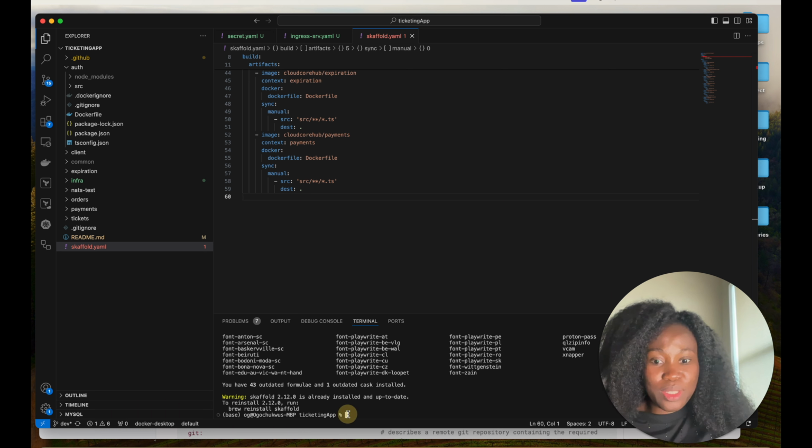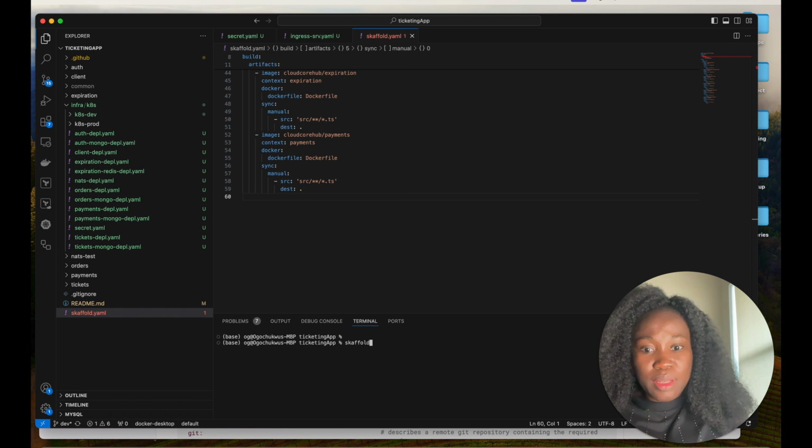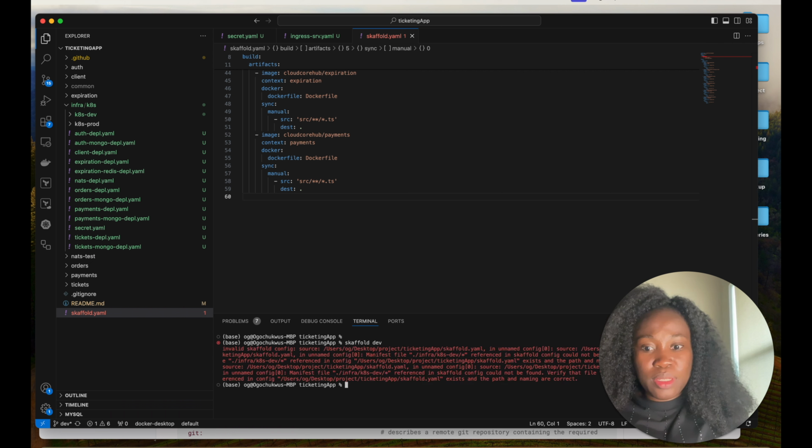So what next do we need to do? We are in the root folder of this code. Okay, we are ready to start up our Scaffold. We'll run scaffold dev. There is an error. Okay, I think it has something to do with the file structure that we